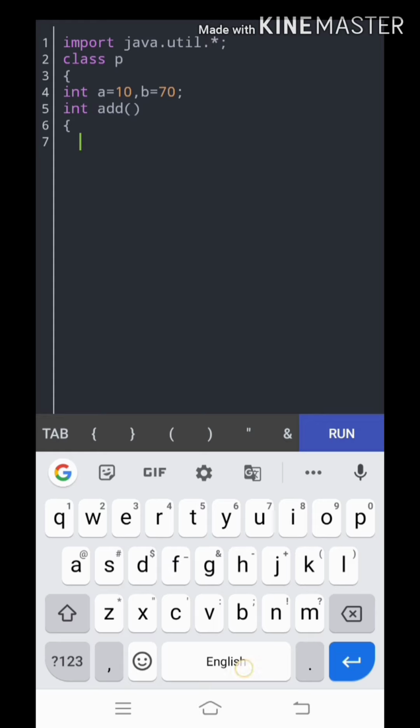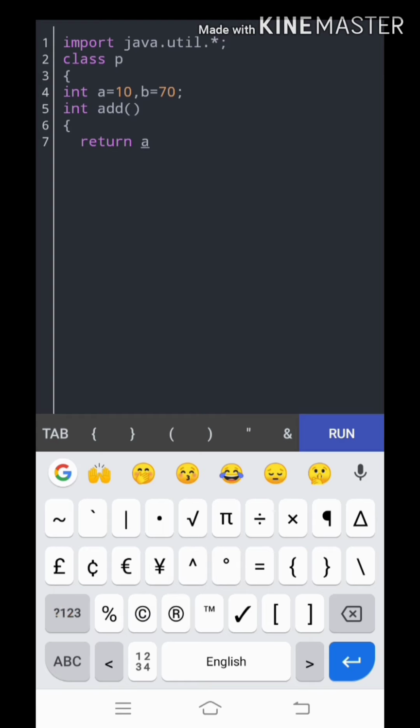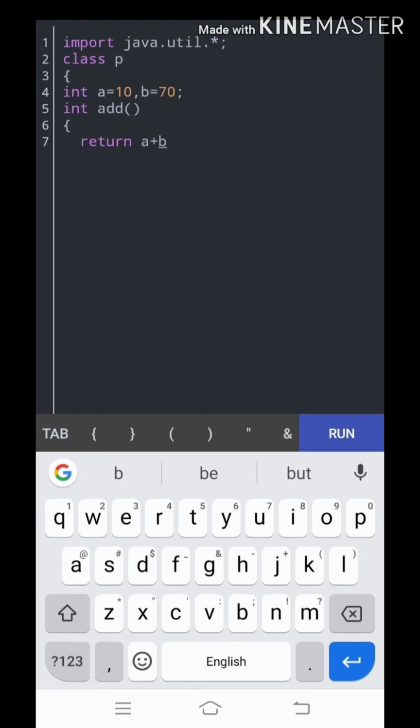Inside this method we are going to write only return a plus b, so it will return the value of adding the variables a and b, meaning 70 and 10, and will hold that value inside the add function.